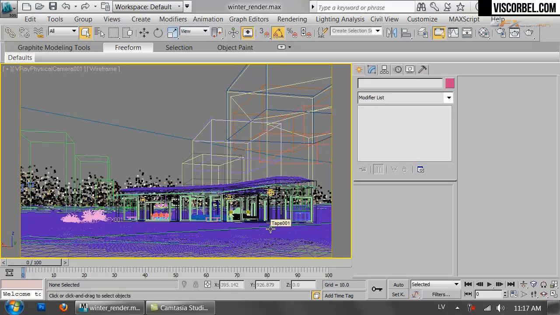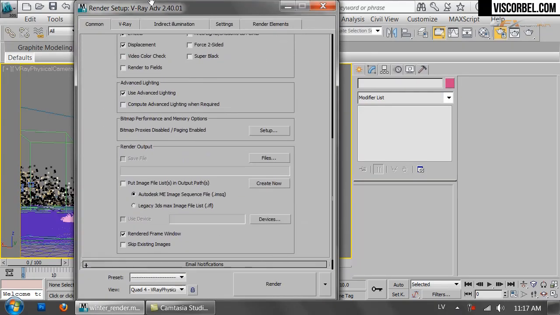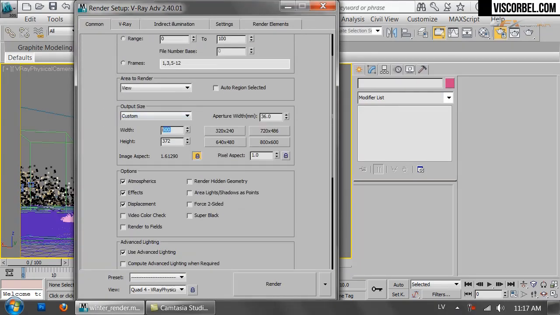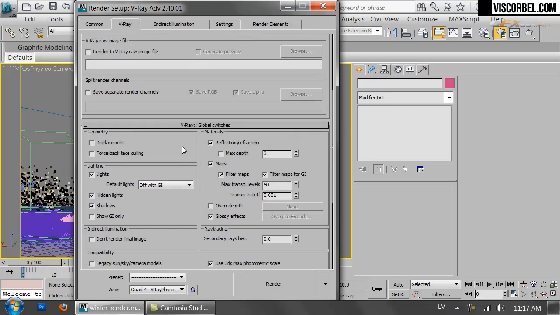Right, so the lights are all set up, and the only thing left is changing the render settings for a high quality final render. So basically I'm gonna set my width to about 3000 pixels. That should be enough in most cases. Then I'm gonna go ahead and